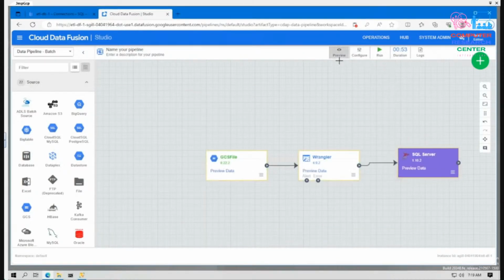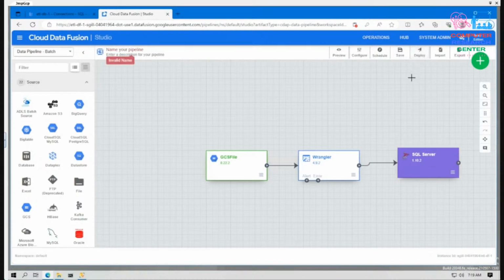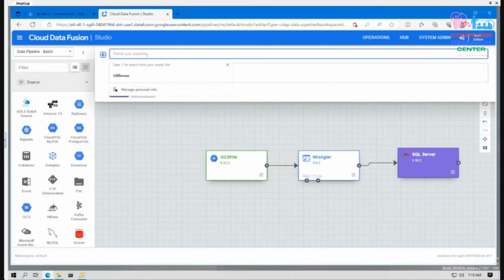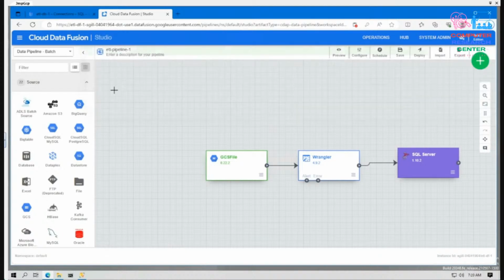Okay, so preview run. When run was good, we had it done already, right? So now when we remove it, then we say deploy. Okay, let us deploy. So pipeline name is to be given here, ETL pipeline 1. Okay, and save it. Once we save it,